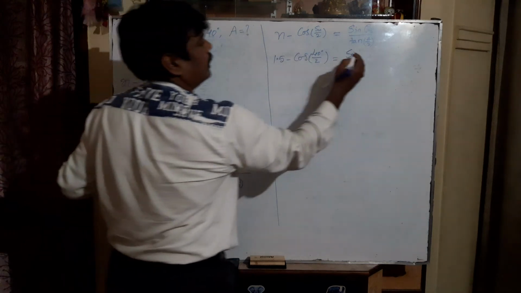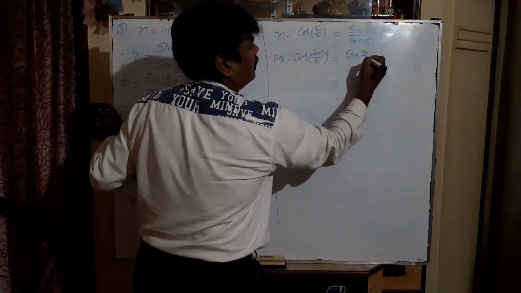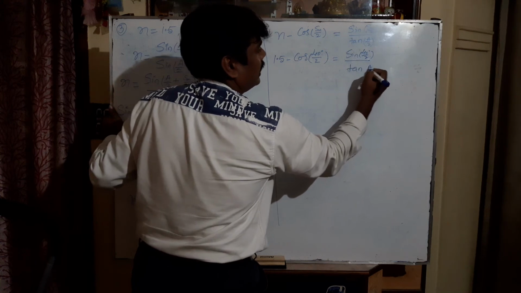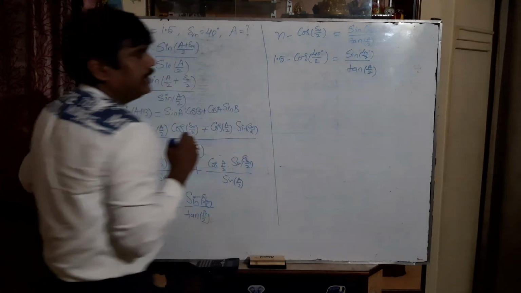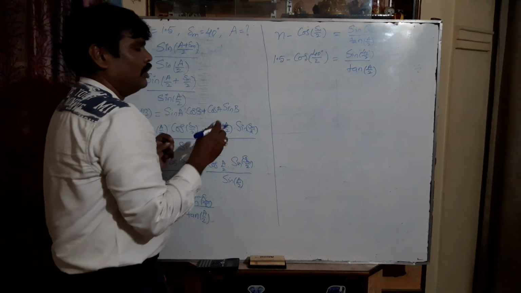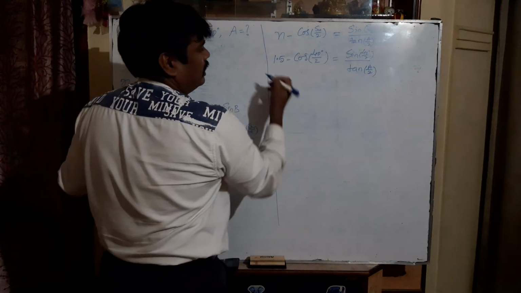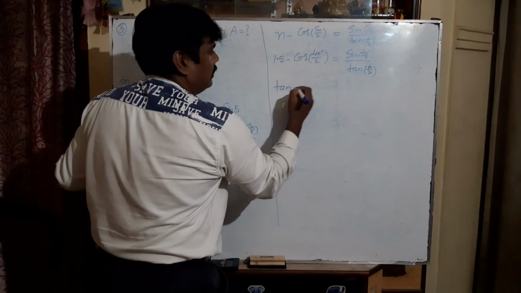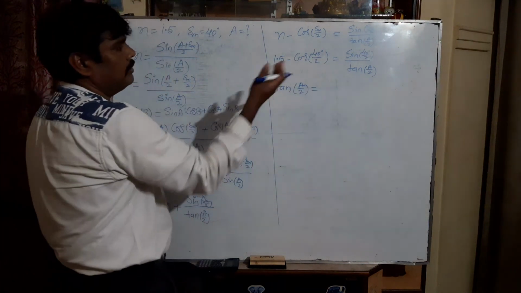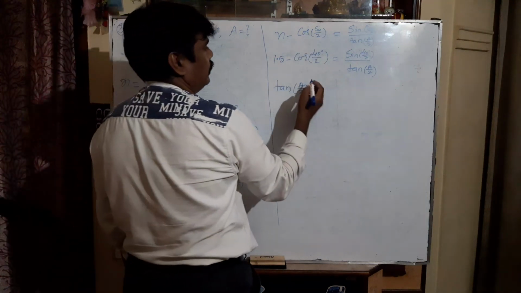Again, delta m is 40 degree. 40 degree divided by 2 whole divided by, you can keep as it is, because we have to calculate the value of A here. A represents the angle of the prism. Now, let us come to the cross multiplication. Tan A by 2 is equal to, so parallelly I will take 40 by 2 as 20 degree.